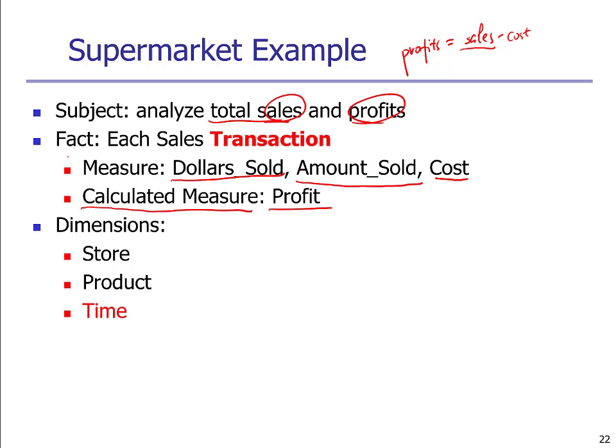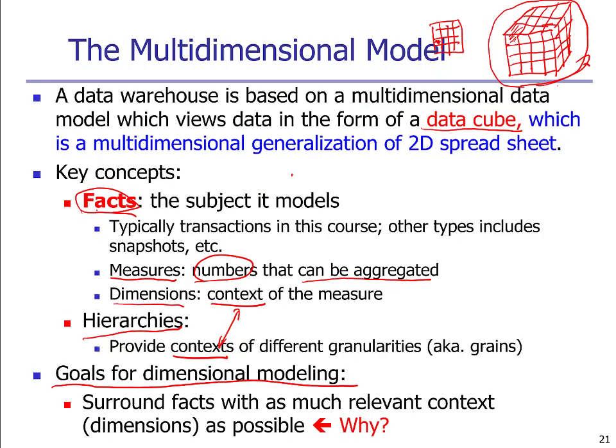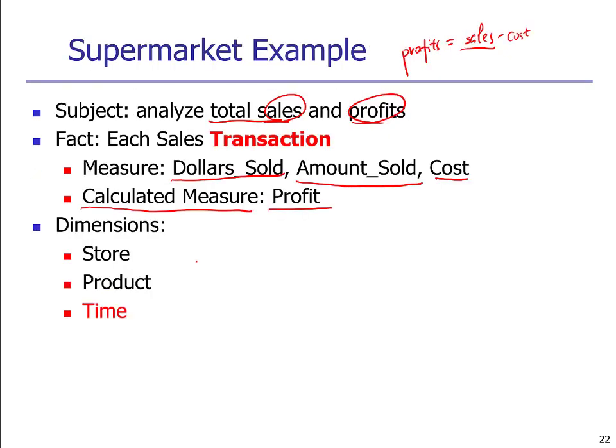So these are the facts. What are the dimensions? You still remember that for facts we have measures and dimensions. After we have dimensions, we can decide what the hierarchies are. For fact we have measures already, so what about dimensions? For each transaction,